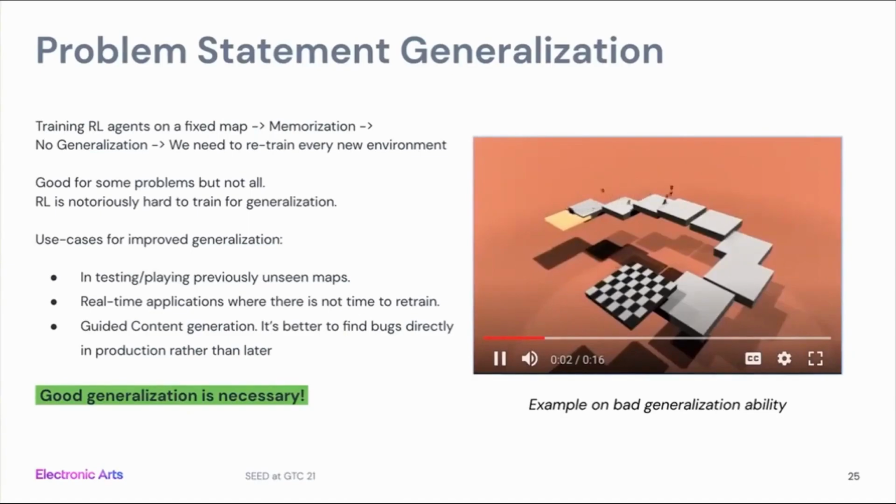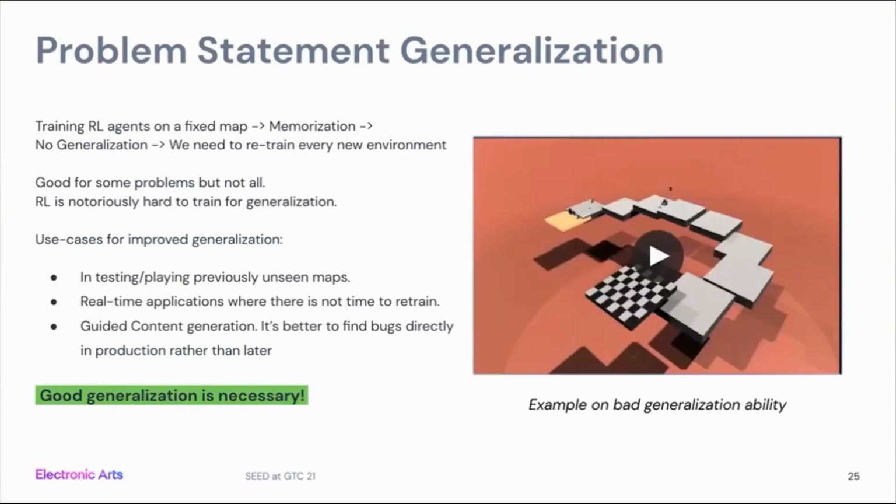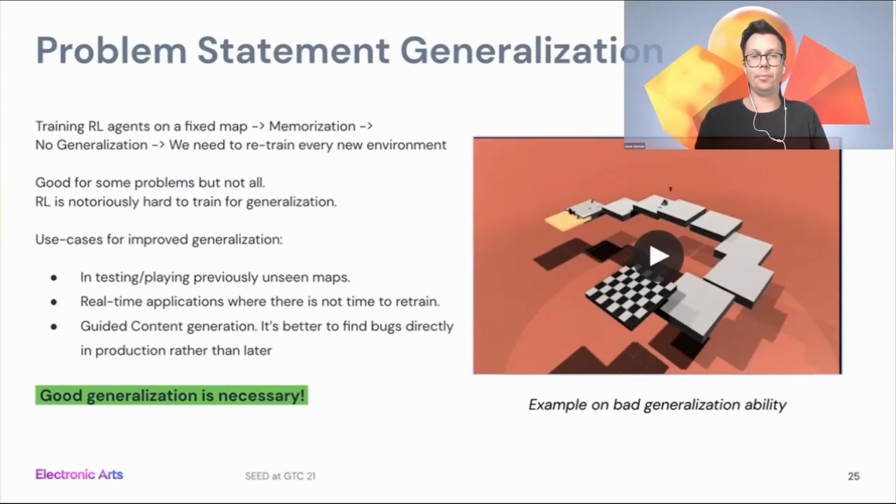So they play it very well until they come to a place where they haven't really seen this before, and then they kind of confidently fail by jumping off of the edge, more or less. And this is because it trained on an environment that looks similar in the beginning, and then this environment turns, and they have no idea what to do there, so they just continue because they memorized this is how I'm supposed to run.